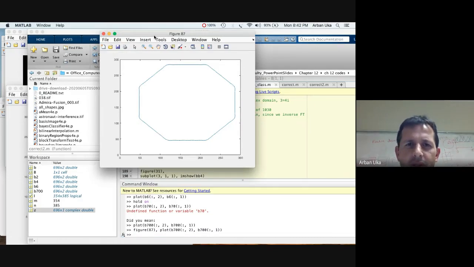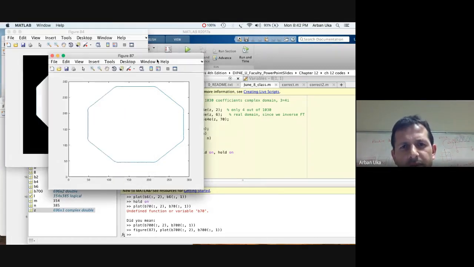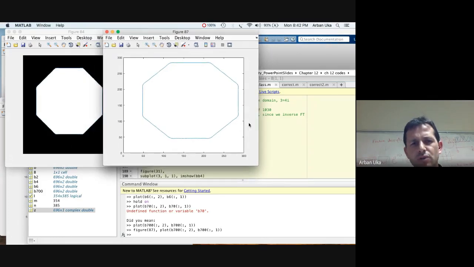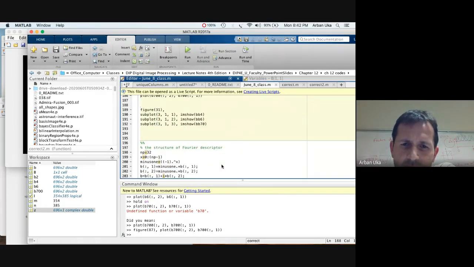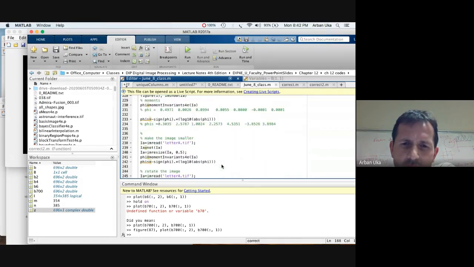Okay. So somehow we cannot plot it on top of those, but it looks like we reconstructed this specific shape better by somehow compressing the data, because we received a similar object with much fewer components. Okay. So this is what we can observe